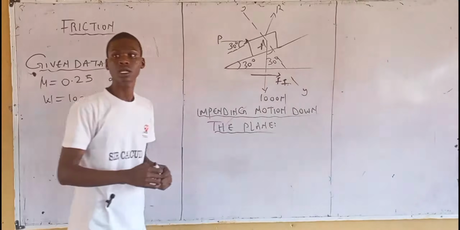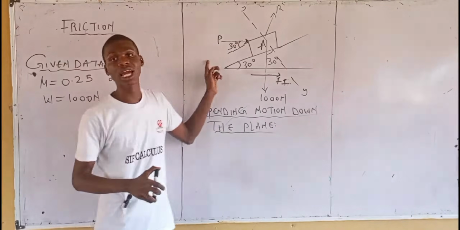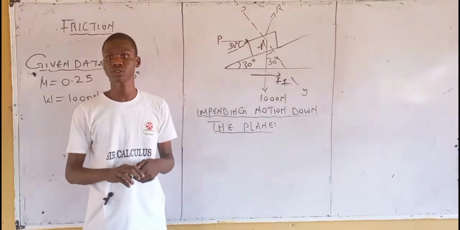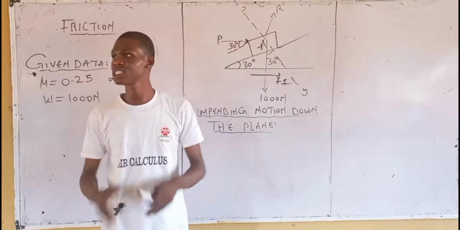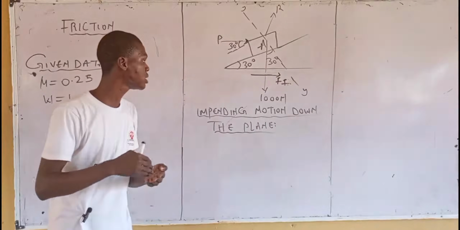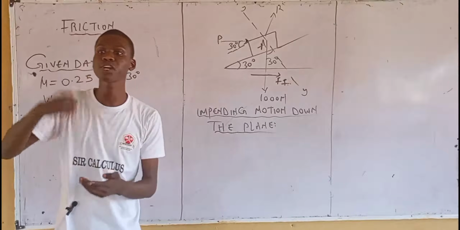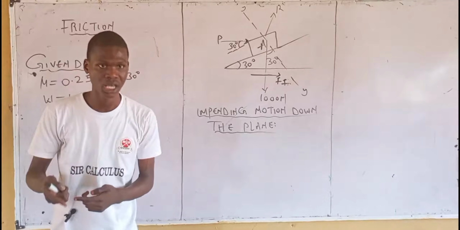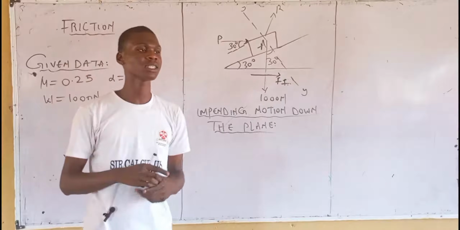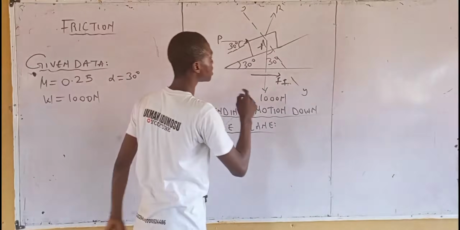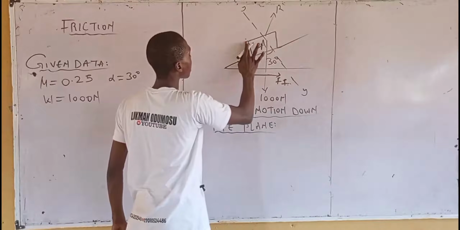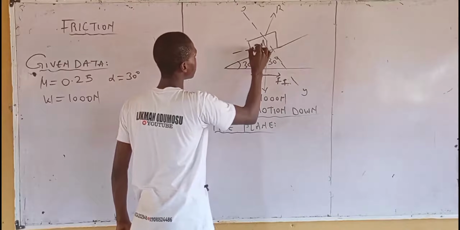Are you with me? Now, you will observe that the externally applied force to this block and the frictional force are going in the same direction, right? What this means in general is that whenever your question says calculate the motion impending down the plane, it means your frictional force is going in the same direction as the applied force, and that's the concept. Now, let me reverse the case. Let me ask you this simple question. What if my applied force is this? I have my applied force being this guy here,